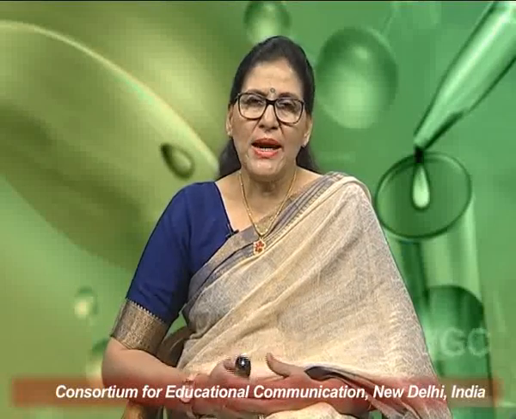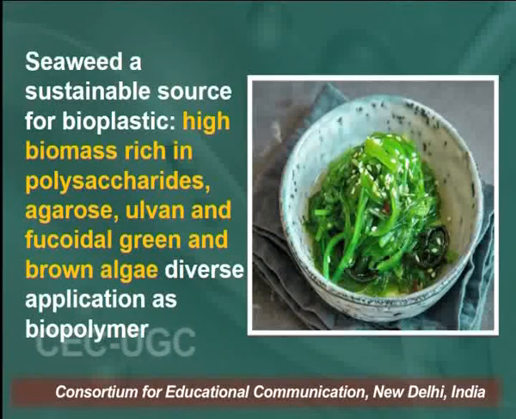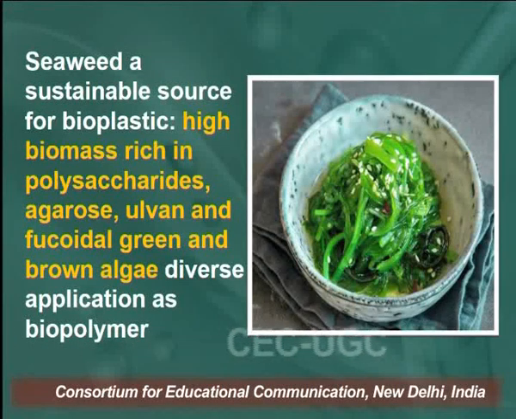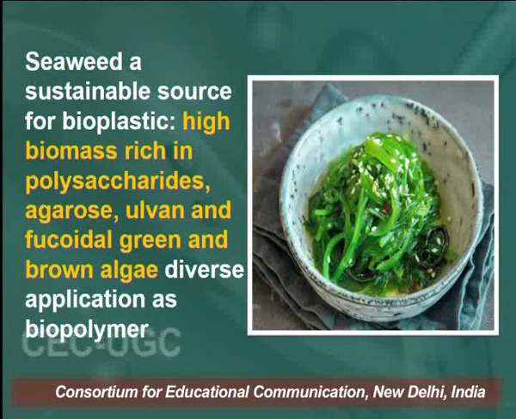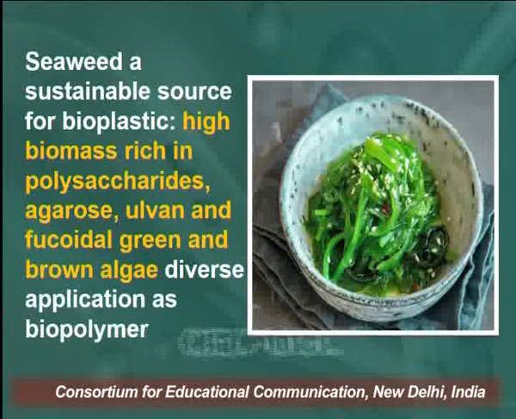Example I would like to explain here: seaweed. Seaweed is a type of plant or algae, species of plants and algae which grow in sea, rivers, lakes or other water bodies. So the seaweed is a sustainable source for bioplastics and it is also a very emerging class of biopolymers. So using seaweed, industries are now obtaining sustainable bioplastic, because the seaweeds are high